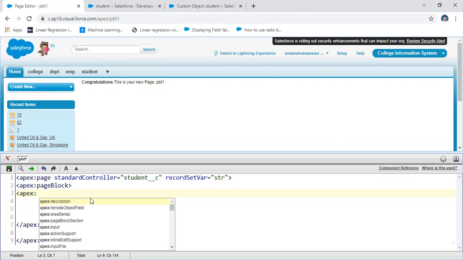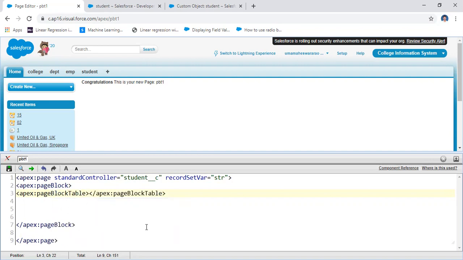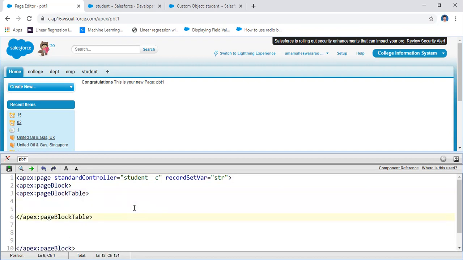Apex colon page block table. It is one of the page tags. This particular page block table consists of some variables. It has two different variables.